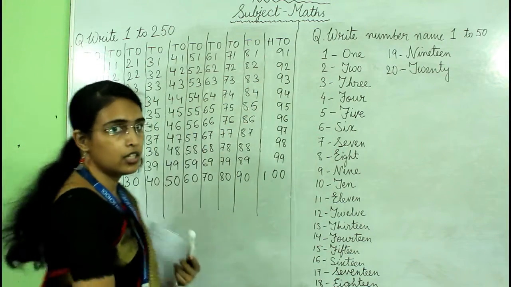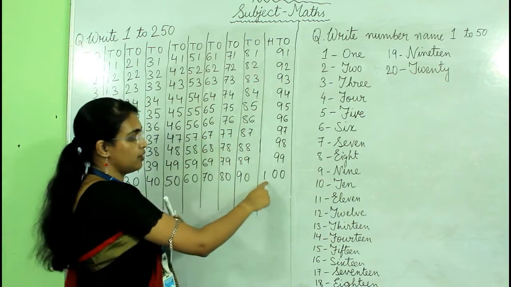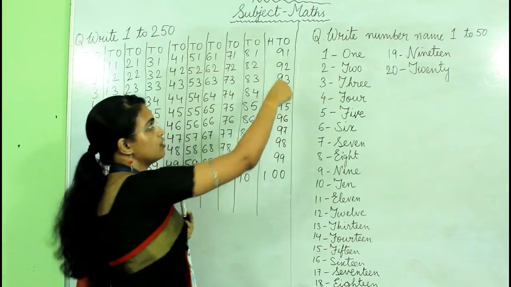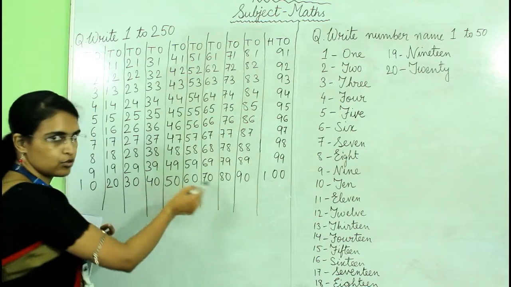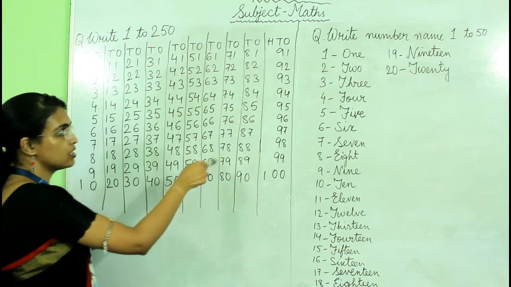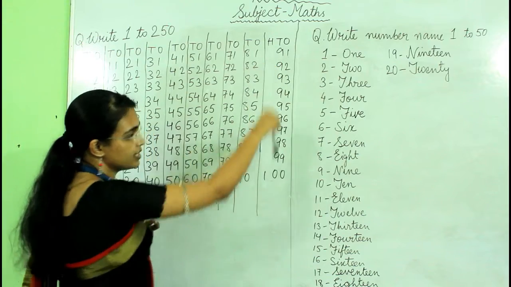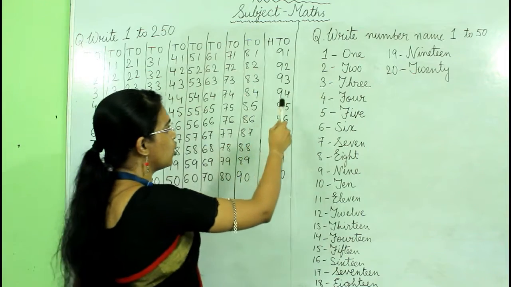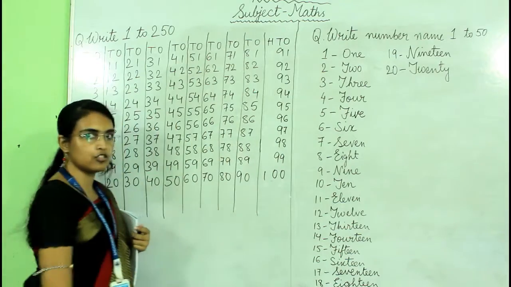91. Here, look, I have written HTO. Why? Because 100 is a 3-digit number. So from here, when you are writing 91, from there only write HTO. If all these numbers come at the last, and you are starting from the top, if you are writing 91, write in this way. So 91, 92, 93, 94, 95, 96, 97, 98, 99 and 100.